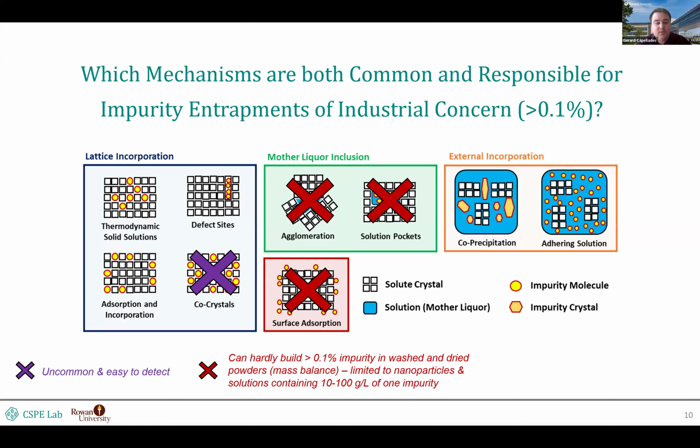Same goes with surface adsorption, right? You have crystals on the order of 10 to 100 micrometers. You can cover the whole crystal with impurities, and it's still a tiny, tiny portion of the overall crystal mass that's actually going to be covered by impurities, right? And then when you go to other things like adhering solutions, yes, that is a problem, especially if the washing is not done properly. But because you always end up drying the product, you end up precipitating it, so it turns into the other mechanism. It ends up turning into the impurities now crashing out, either because you washed it with a solvent that made it precipitate, or because you evaporated the solvent, it dried, and then it crashed out on top